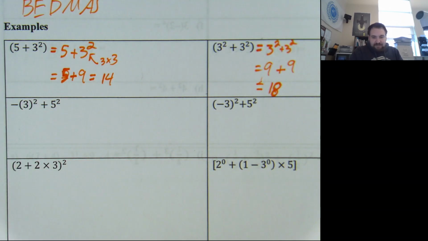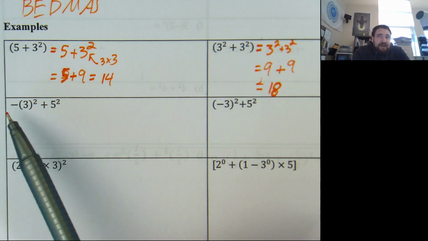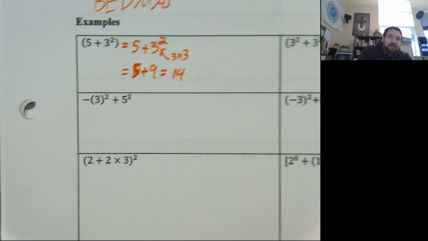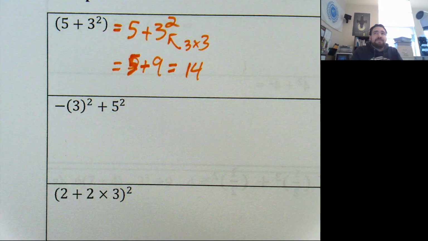Okay, second one. Third one. Second row. I've got a set of brackets here. I've got a minus sign on the outside. I've got a 3 squared right there plus 5 squared. Now this one brings in a little bit of trickiness